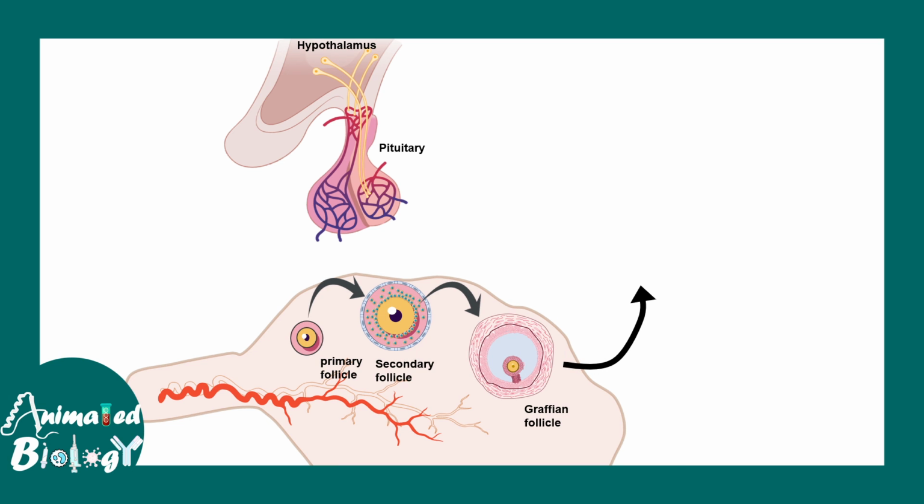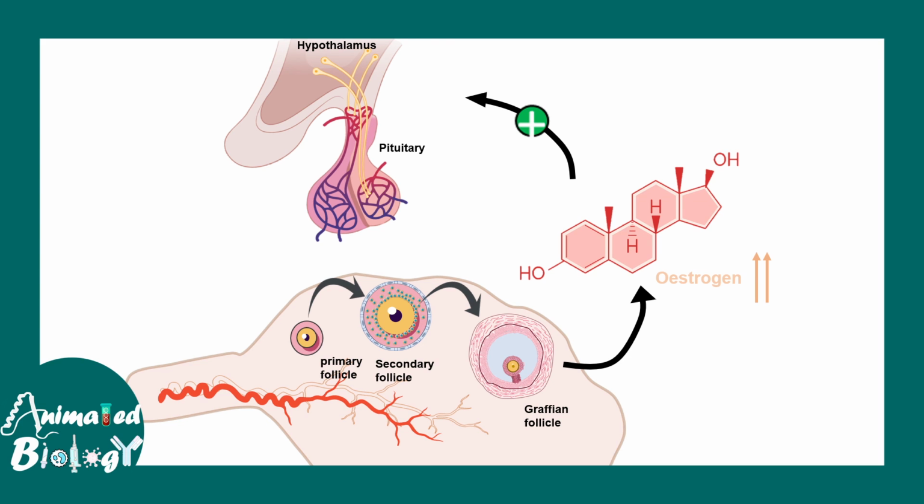So what really happens when the Graafian follicle is now matured? In this case, estrogen level also goes high. When estrogen level is high, it gives a positive stimulation to the pituitary. So basically the pituitary hypothalamus axis now gets positively regulated. So GnRH triggers more and more FSH and LH secretion. So since estrogen was increased, it triggers eventual increase in the level of FSH and LH, and that causes the